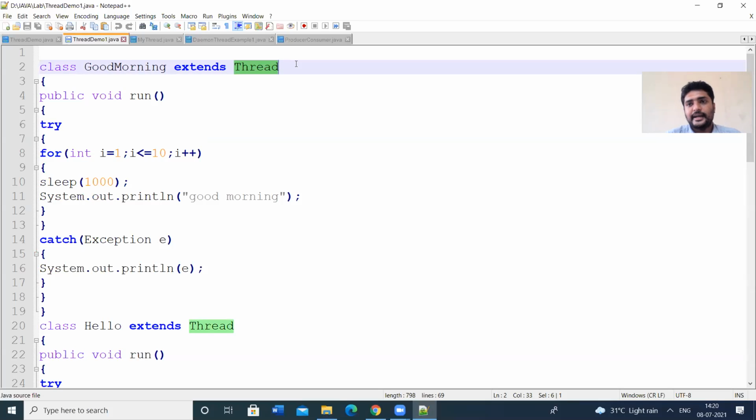Then there is another way to implement this program, that is by using the Runnable interface. Let us execute this one first and then we will go for the Runnable interface.